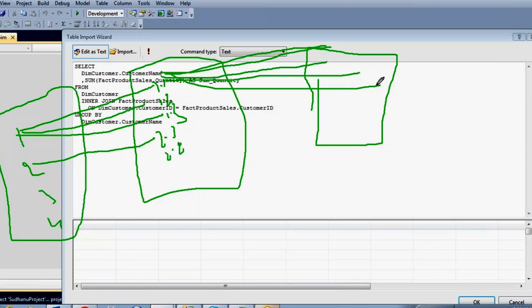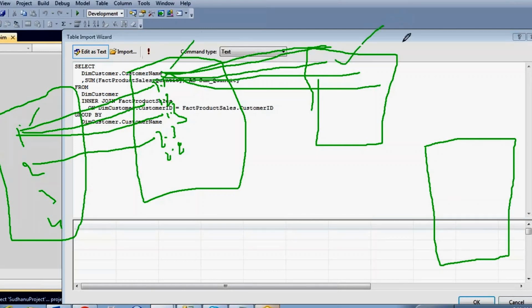So the same way here, when a customer is purchasing something, this is the fact table. Instead of maintaining what category type, what subcategory type, what product type he has purchased in the fact table, what columns do you have to maintain if you want to make the direct relationship? Product ID, subcategory ID, category ID.